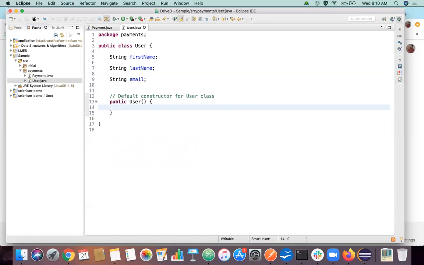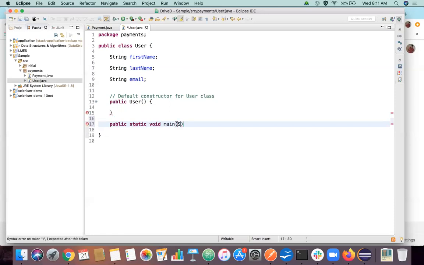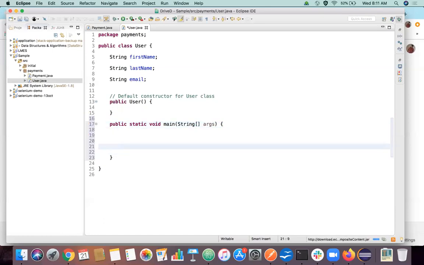So I'll just create a main method here. What is the goal I'm trying to achieve here?